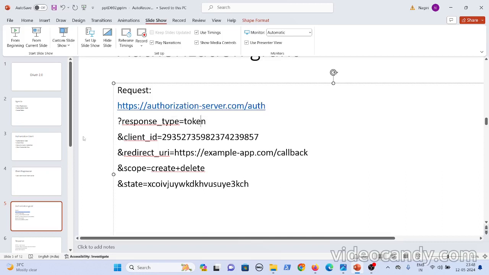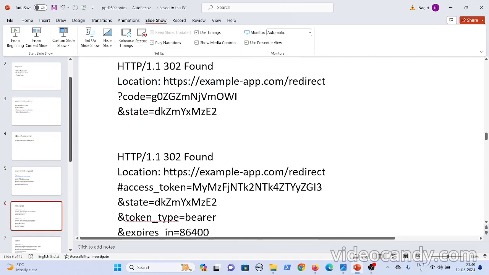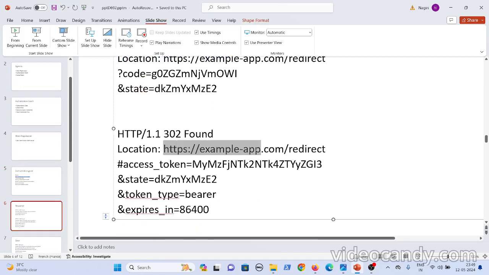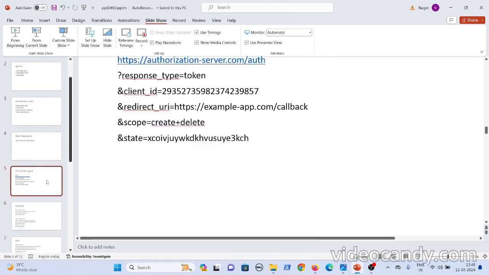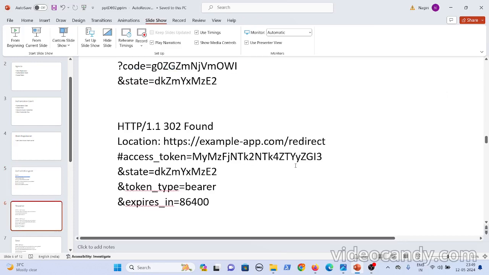Okay, now if all these things are validated, like client ID, redirect URL and everything, it will redirect to your callback URL, whatever redirect URL you have specified either here or during the client registration. It will redirect the third party application to this particular URL by adding the access token.